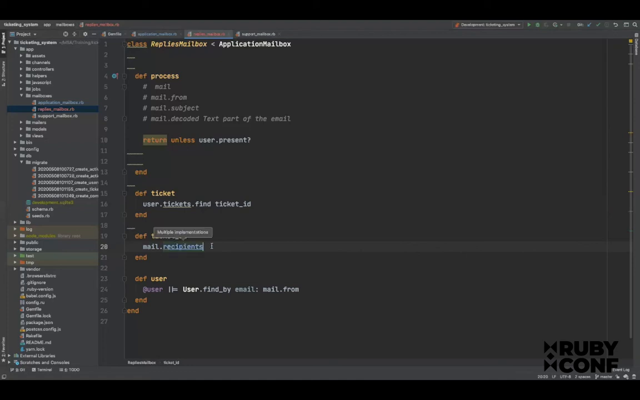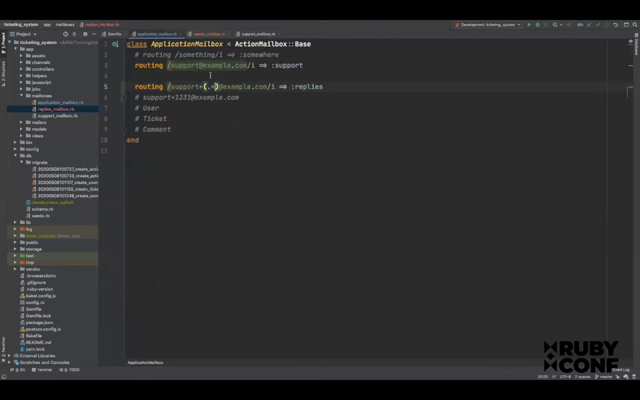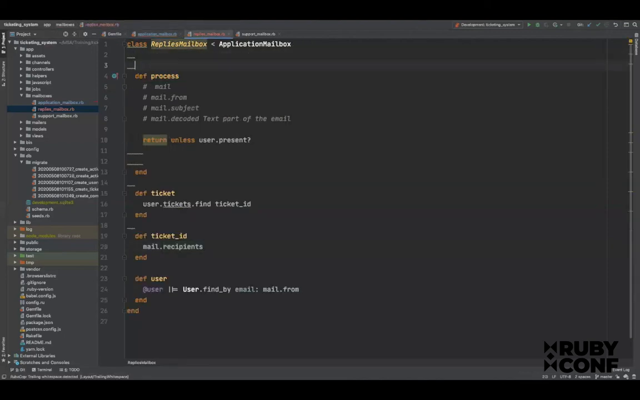So mostly we can send email to multiple users. That's why it will contain all the recipients, but we would need the recipient which matches this one. So for that we would use this one as well, and we will use this regex to find the email address. For that, we will add that regex here so that we can use it here